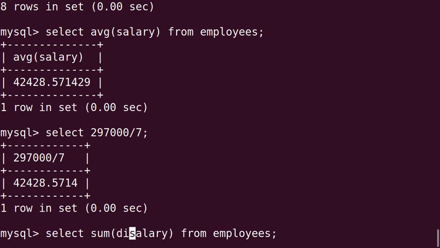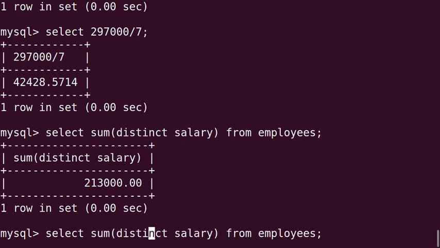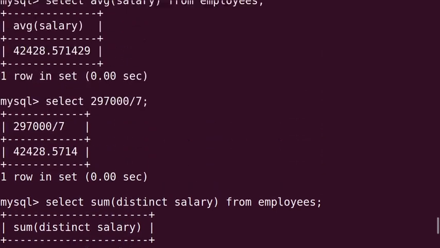Here sum distinct salary will give us the output 2,13,000, and similarly the average we check like this, it gives us 42600 in the output. What happened? Let's check it from the table.